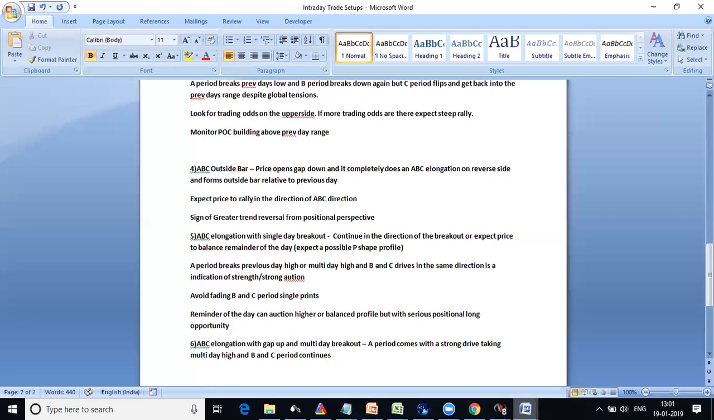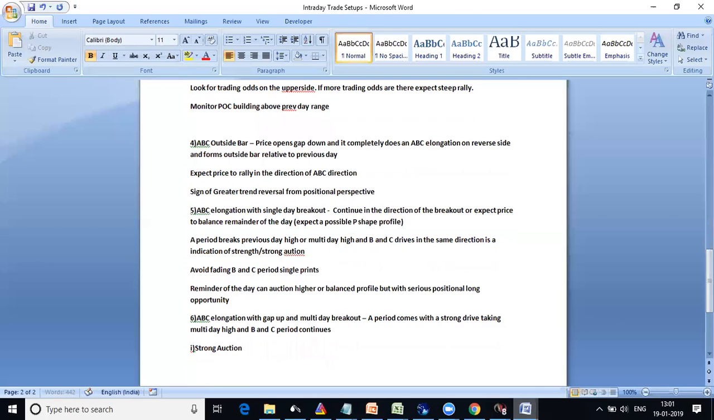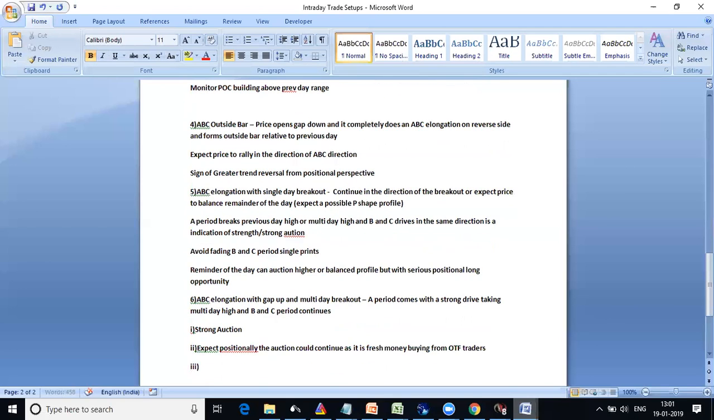That's a strong auction. First of all, it is a strong auction. I'm not sure about intraday, but expect positionally the auction could continue, as it is fresh money buying from OTF, other time frame traders. Maybe what you have to look out for here is